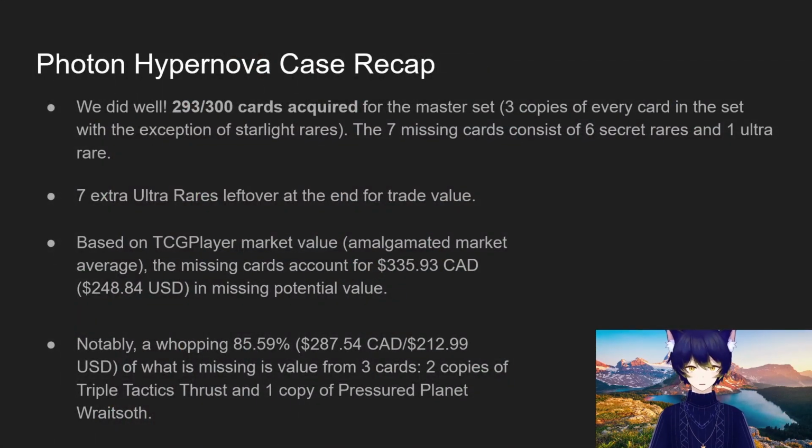So, overall, we did well. Like we said in the Master Set review, we did get 293 out of 300 cards from the Master Set, which is a playset of every card in the set, excluding Starlights, with 7 missing cards broken out into 1 missing Ultra Rare and 6 missing Secrets. Now, the good news over the top of that is that we did get 7 extra ultra rares left over for additional trade value that we can trade at our local card store or local Yu-Gi-Oh tournament shop or with